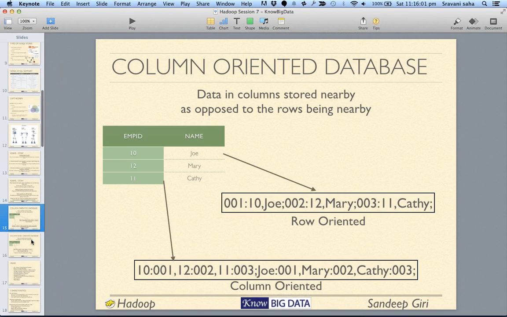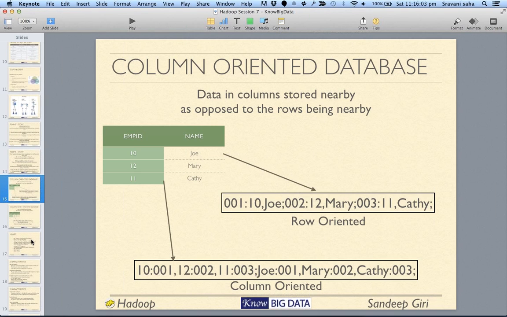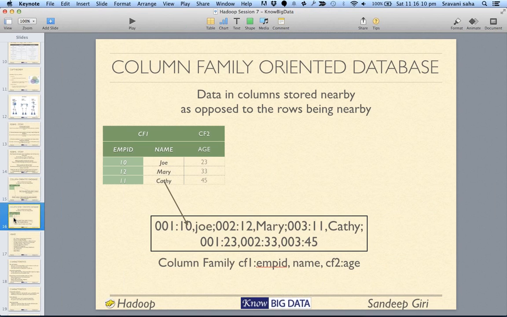All right. So this is what we call a column oriented database. Now, HBase, which we are going to discuss today, is a column family oriented database, which means we group the columns into something called column family, and column families stay together. So here employee ID and name are part of column family 1, while age is part of column family 2,